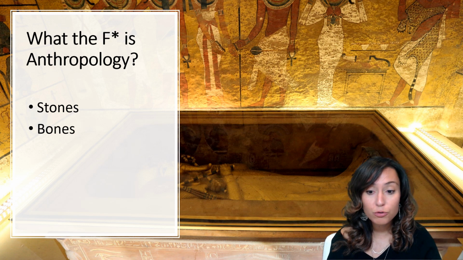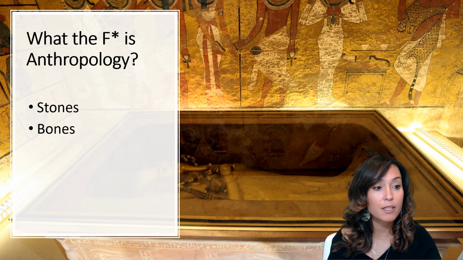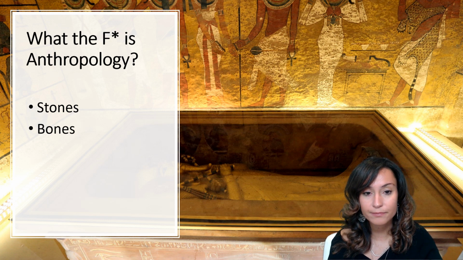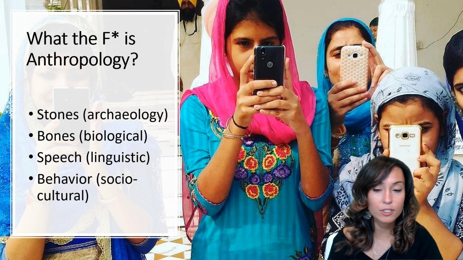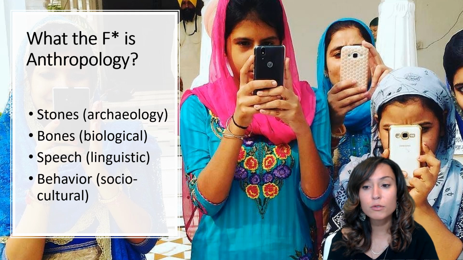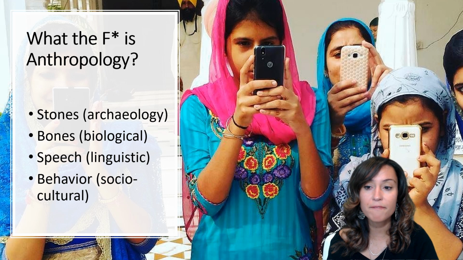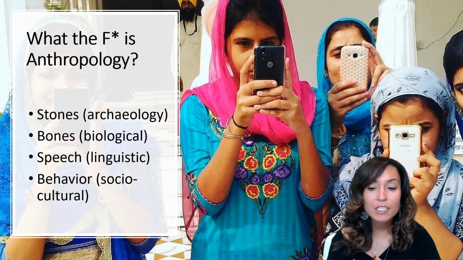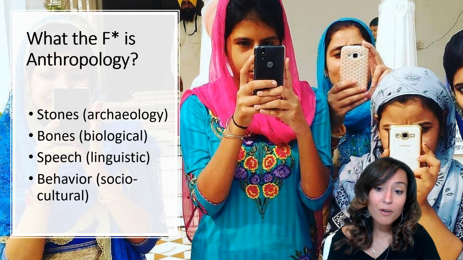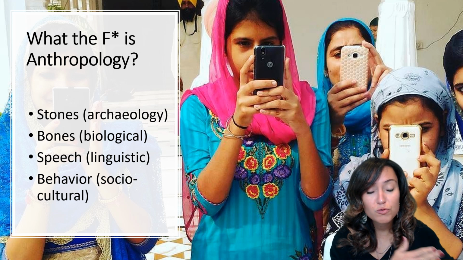So these are only 2 of the 4 traditional subfields that we think about in North American anthropology. The other two subfields are linguistics and sociocultural anthropology. Linguistics refers to the study of human language evolution, while sociocultural anthropology refers to the investigation of human behavioral systems, as well as institutions. While we will talk about each of these major subfields throughout this class in a little more detail, many anthropologists today, including myself, no longer really subscribe to this strict four field division of the discipline.